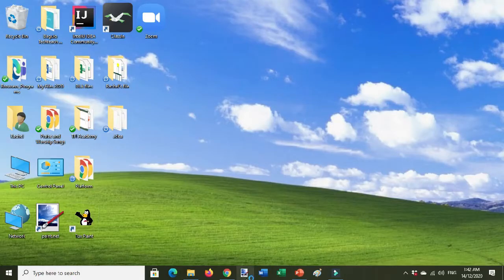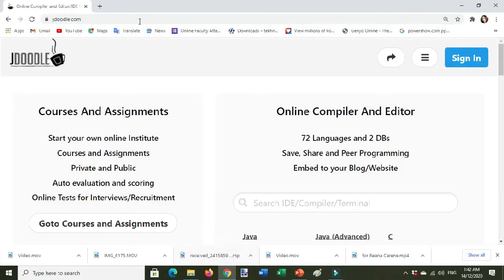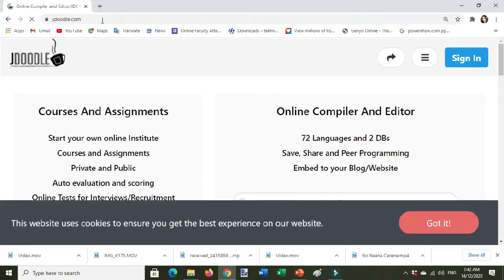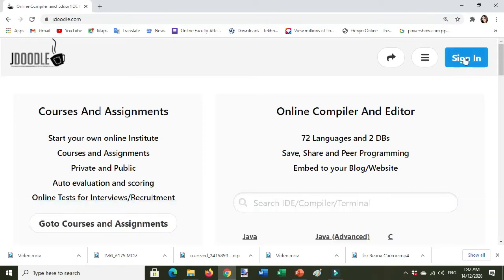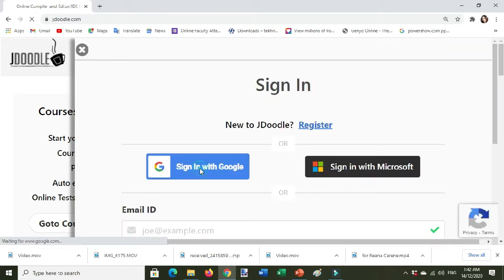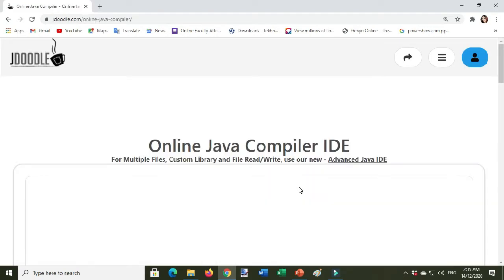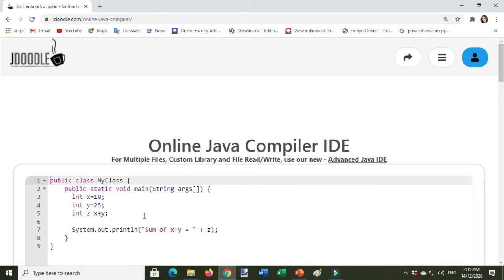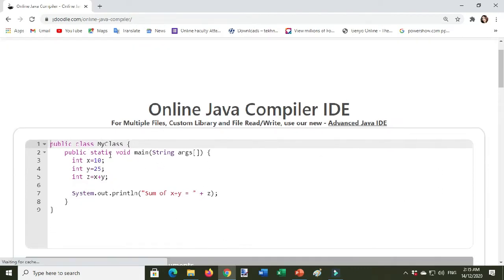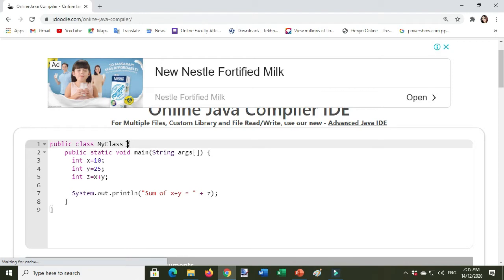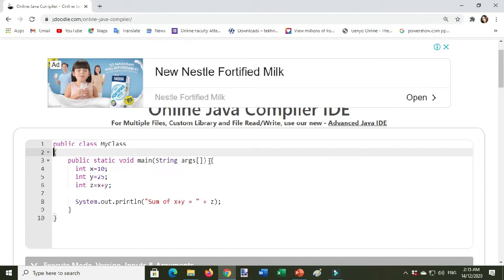Now let's start. In your browser, you open jdoodle.com. Don't forget to sign in. Sign in with Google. Choose your active account. Click Java. And then here you will see the built-in codes of JDoodle. Here is the curly brace. You organize, you bring it down. And then you bring this down,